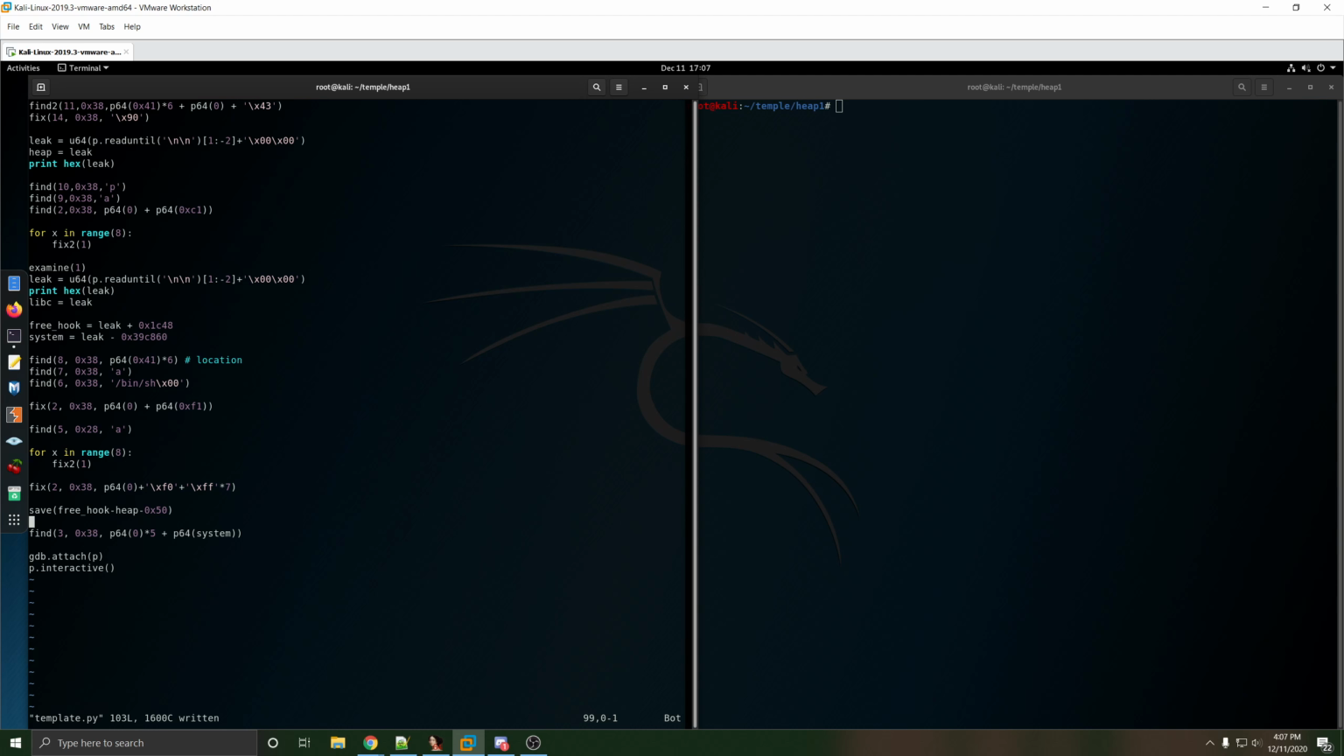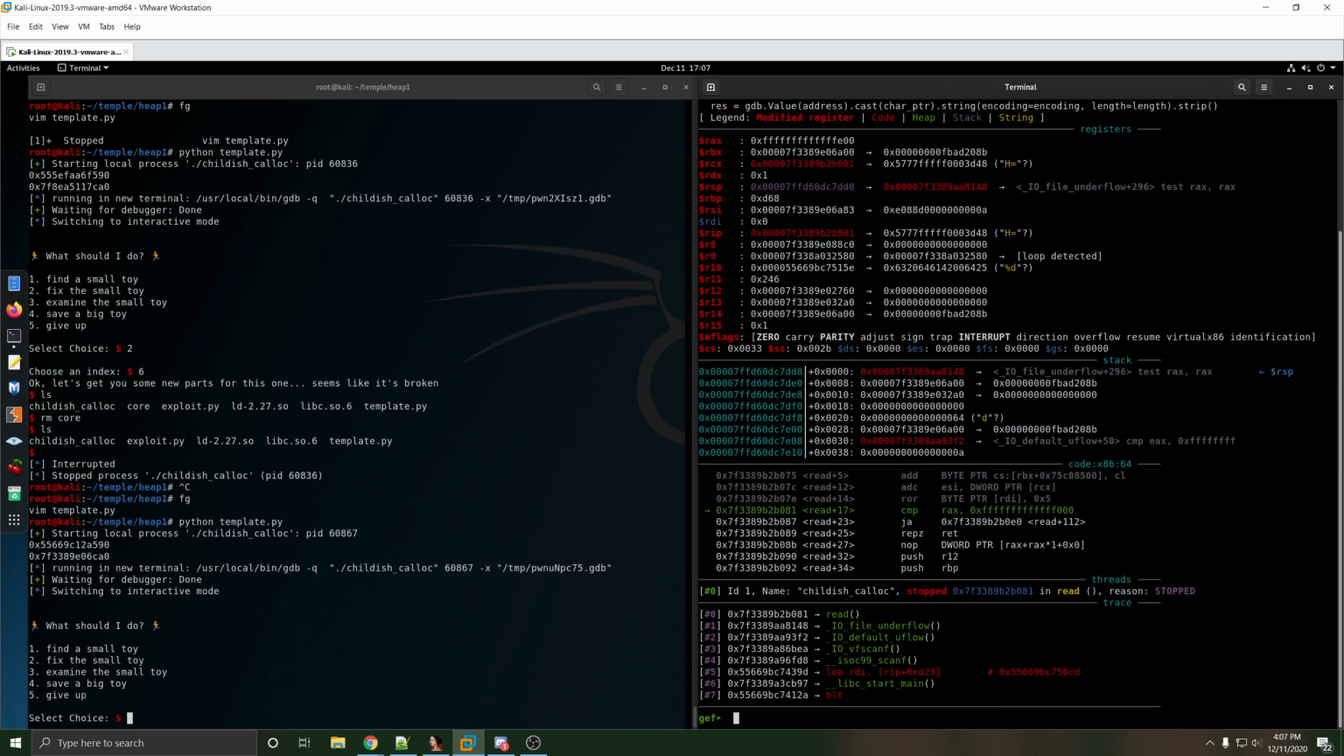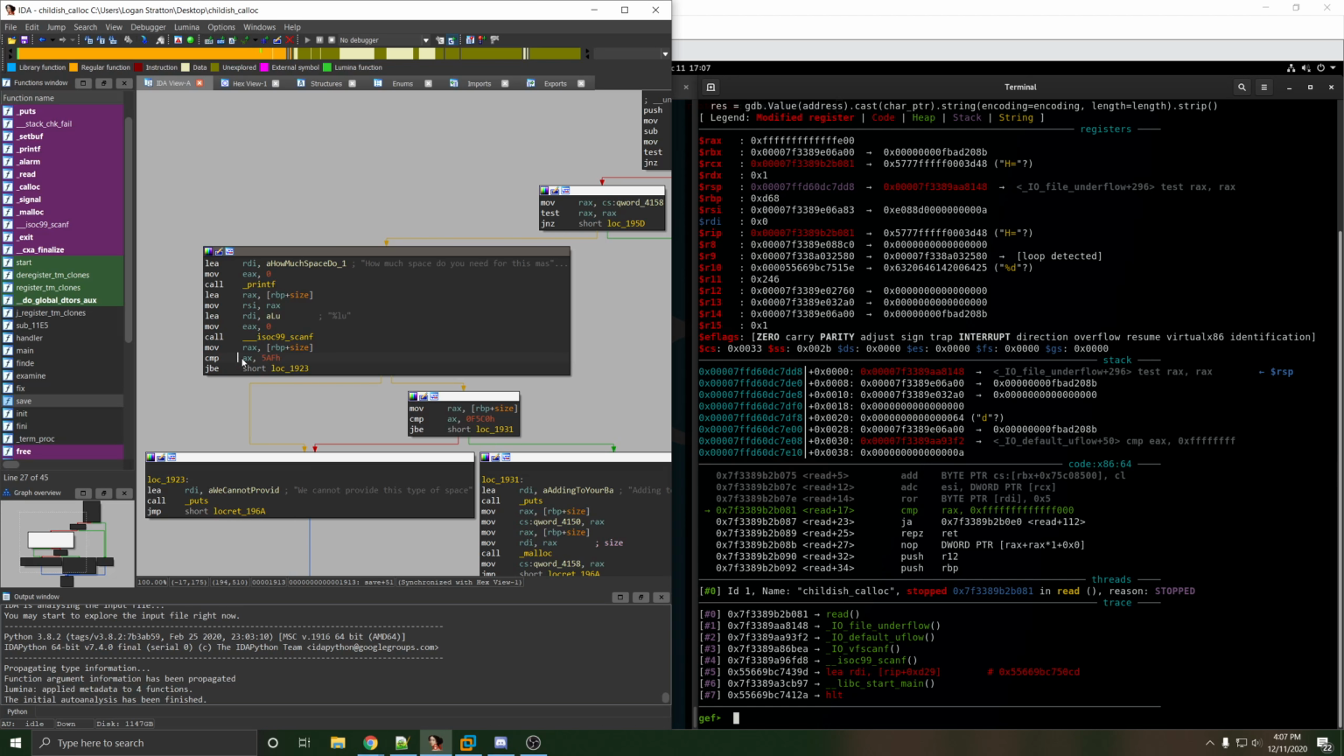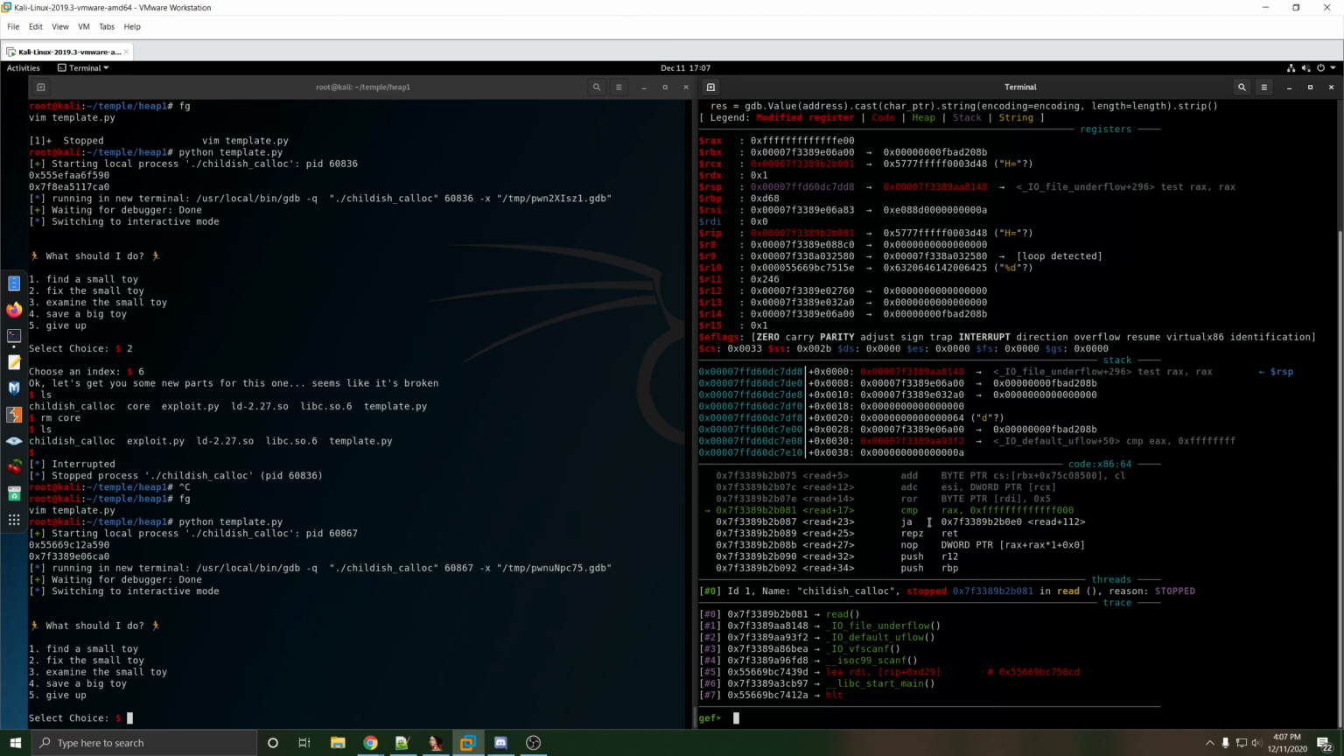Since I didn't see the 1 word comparison here, I didn't figure out that I was able to allocate a huge size. So I was able to get overlapping chunks pretty much the same way and leak libc the same way. But what I did was use an unsorted bin attack, where if we